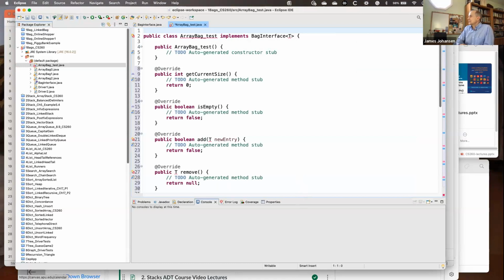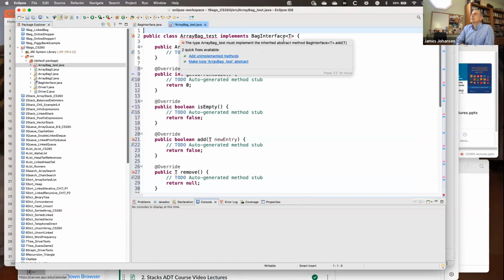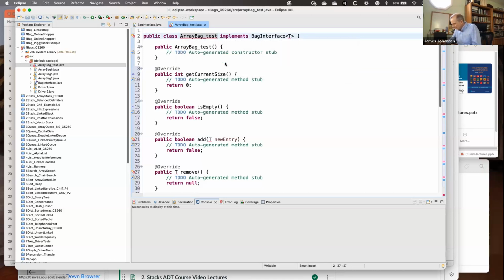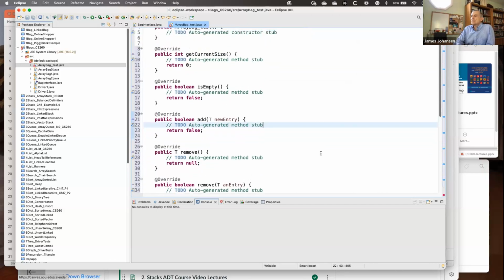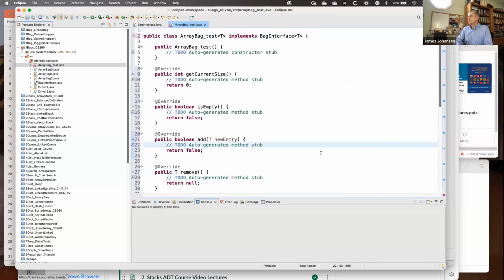And the second thing that needs to be done is we're still getting an error message. We haven't talked about this yet, but this is a generic type. So we need to be doing that same thing here, so an angle bracket T. Okay, so that's how we start to get the shell that we would be using for doing our coding.